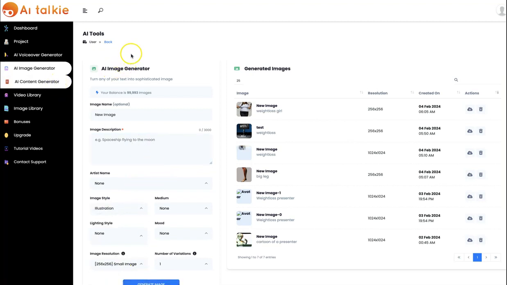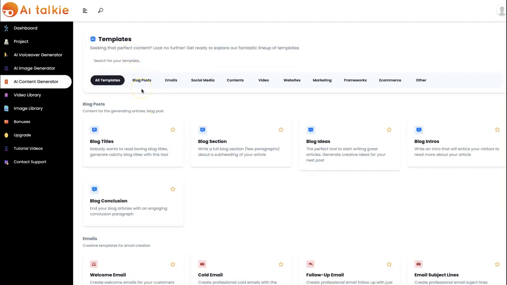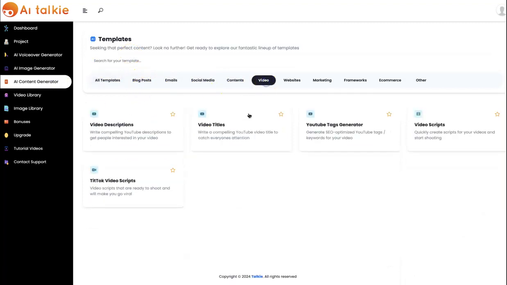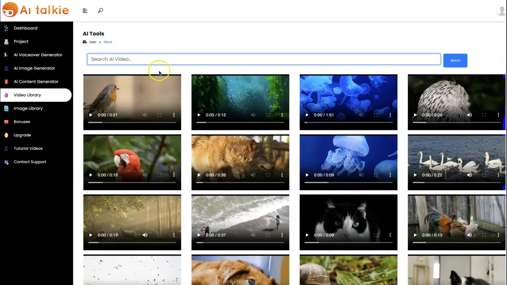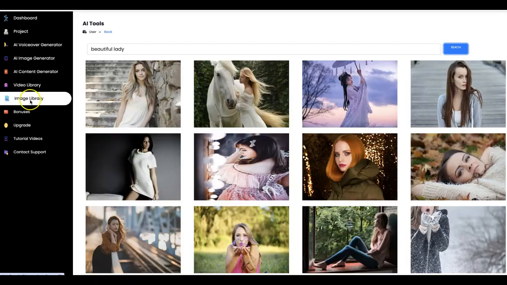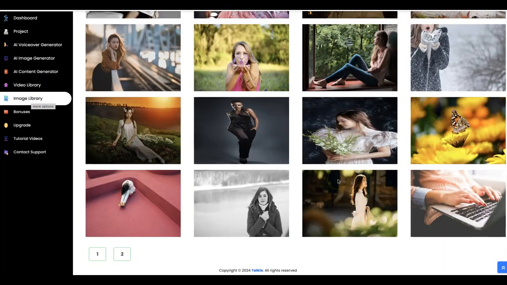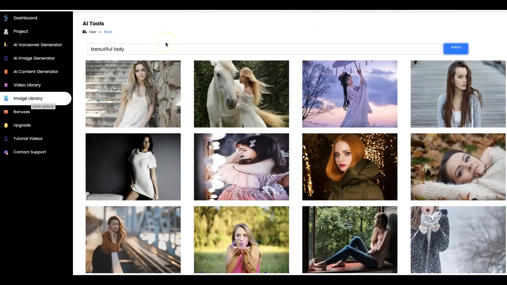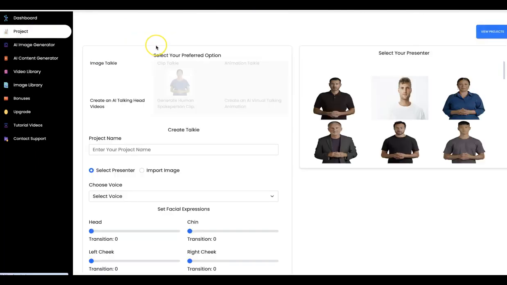We have the AI content generator that allows you to generate content for your blog, for your website, for your videos. So the video title, the video script, etc. We have the video library that comes loaded with different videos that you can use in your project. You can easily turn any of these videos into talking human video. And also AI Talkie comes with the image library, so you can search and you can use any of these images in your project. You can turn them to a talking AI video, you can turn them to animation video,